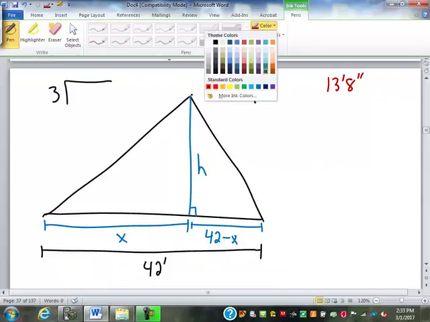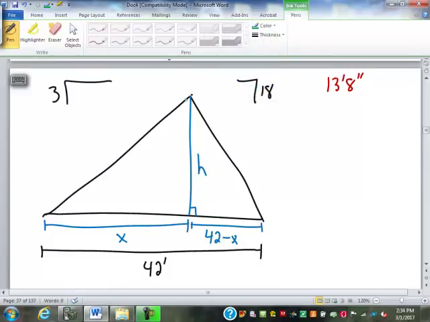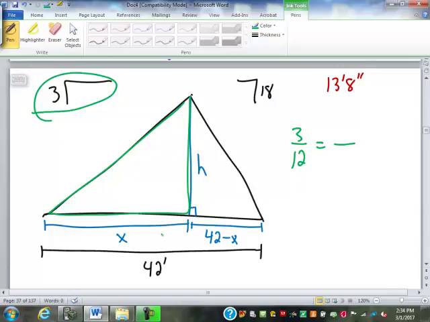So looking at this, we're going to do the same thing. We're going to look at the left side of this truss first, which is this triangle here. Which slope is describing that side of the triangle? That side of our truss? The 3-12, very good. So that is a 3-12 slope. So in the green triangle here, what describes the rise of that triangle, or the height? H. H does, very good. And the run is described by